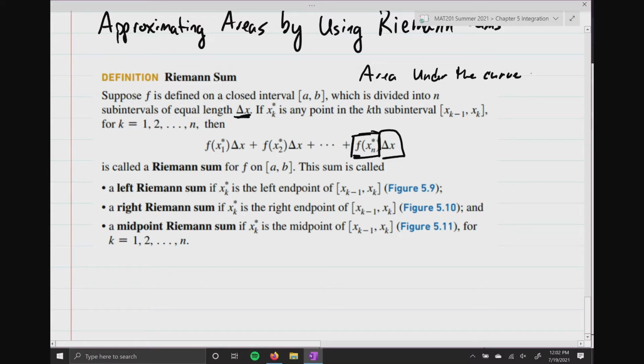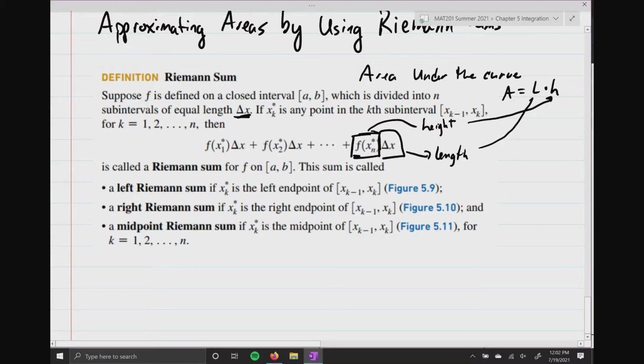And we know that the area of a rectangle equals the length times the height, or a side times a side. So when we talk about a Riemann sum and we have these subintervals of equal length, and we look at this function, the height of the function is going to be the height in this formula for the rectangle. The delta x